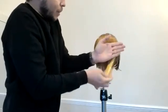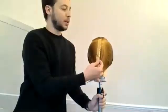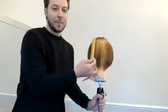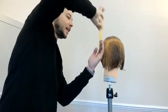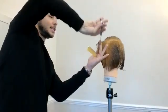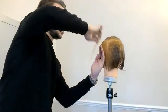So everything we work is sort of about a comb's width inside the whole way around. That way we know that we're not picking up hair that we don't really need from the other way, okay? So second section, I was in here, now I'm going to step into here, okay? And everything stays on the exact same elevation. So just below that 90-degree angle, because we don't want anything to be too heavy, and still keeping us just on the point